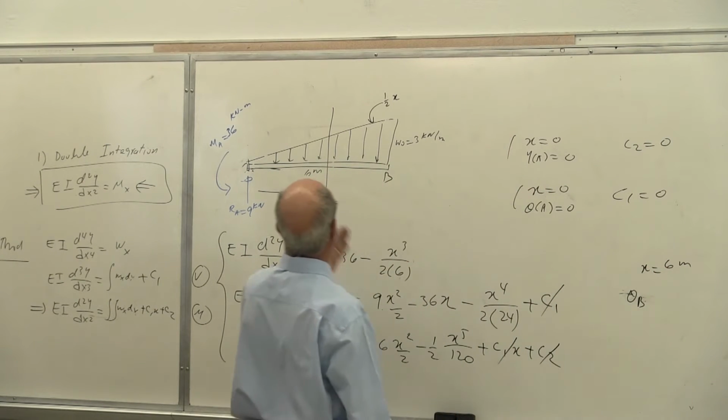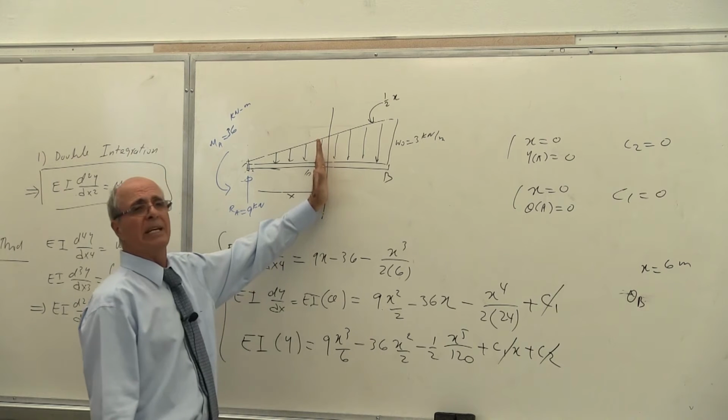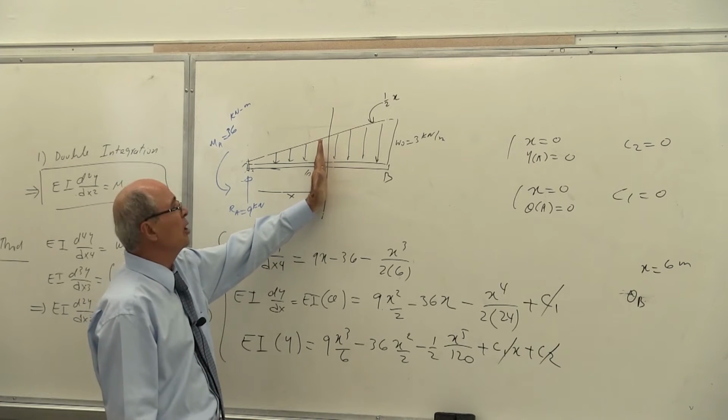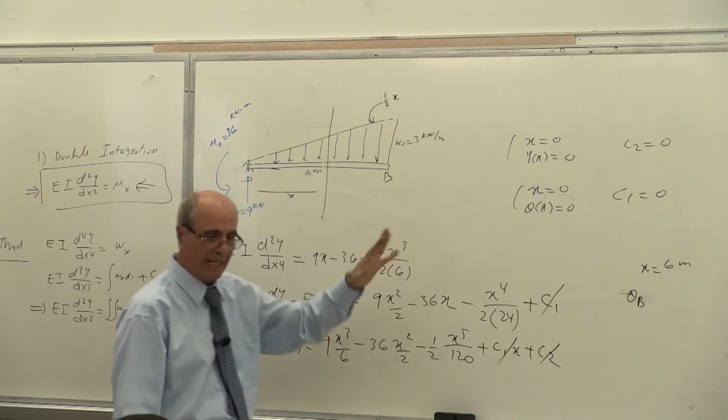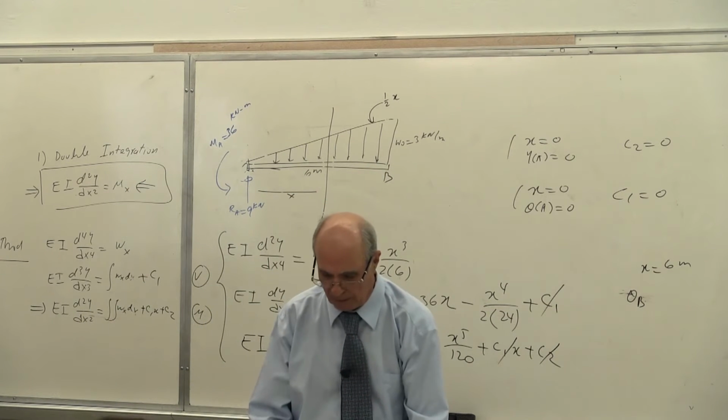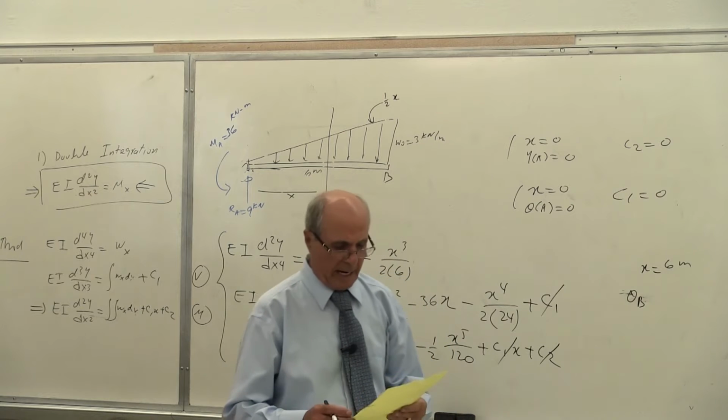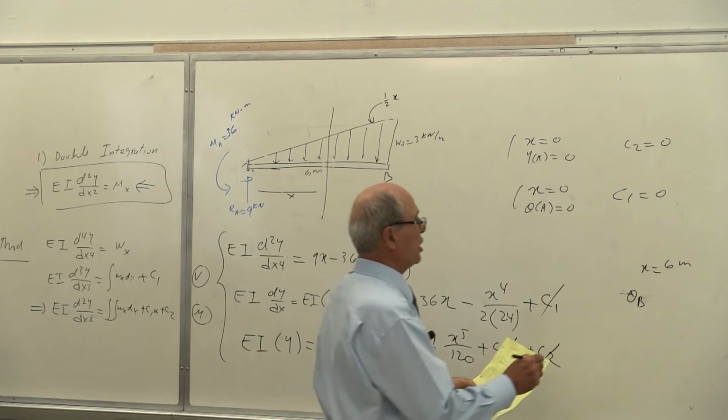If I put x equal to 3 meters, I'm calculating everything at the middle of the beam. But usually we are not interested in that. Is that correct? The maximum is near the end, actually. So that problem ends up, you want to write it down. Actually, theta B becomes equal to.